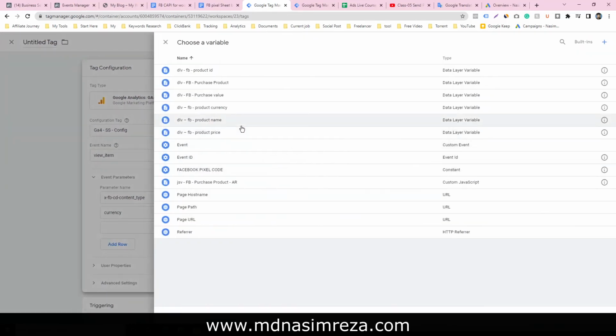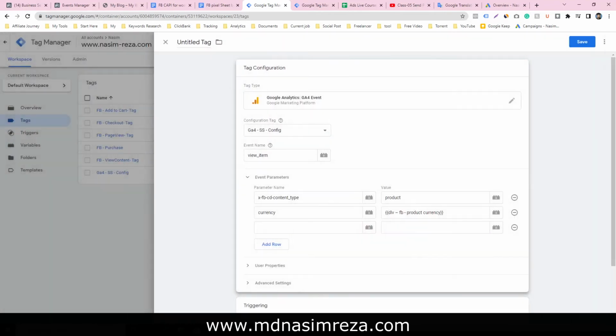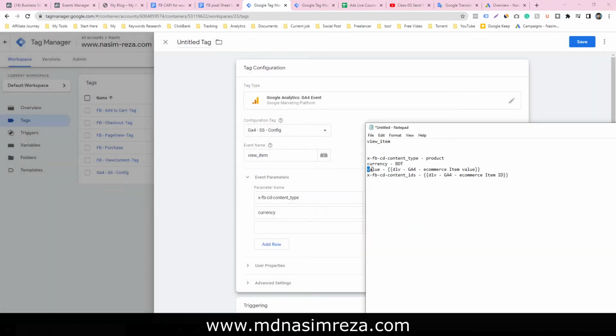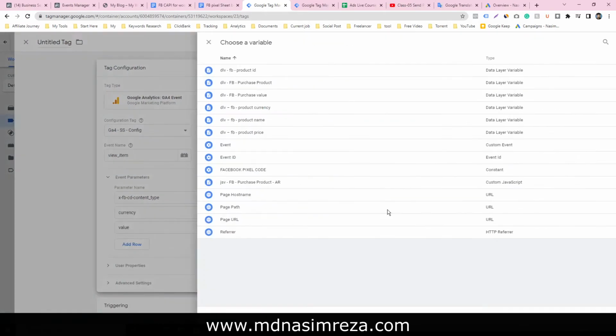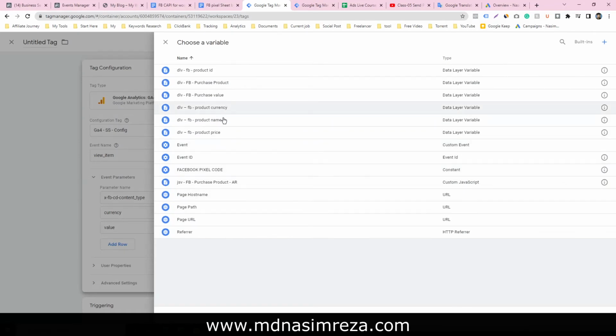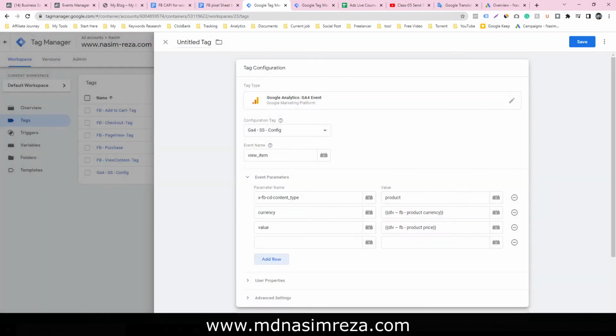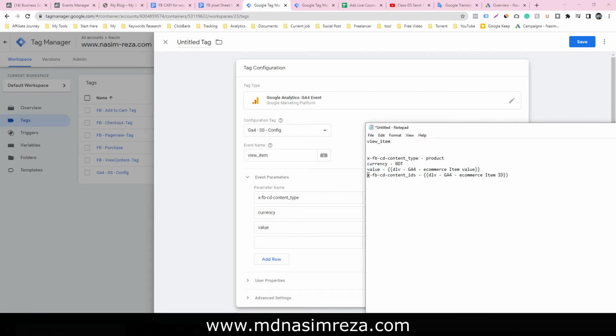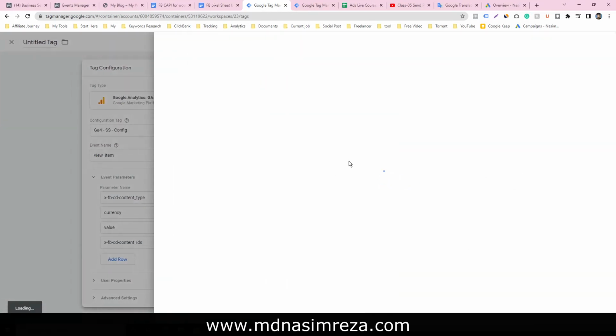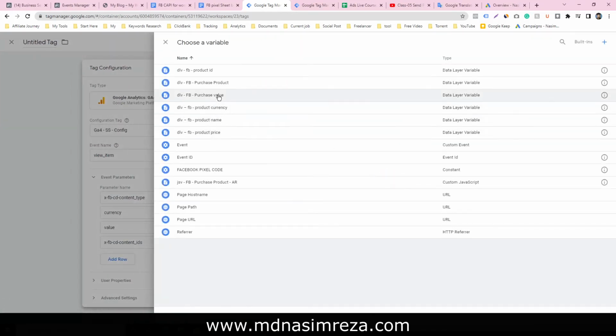Currency, and select our previous currency variable, and value will be the product price. Copy this content ID, and this will be the product ID.